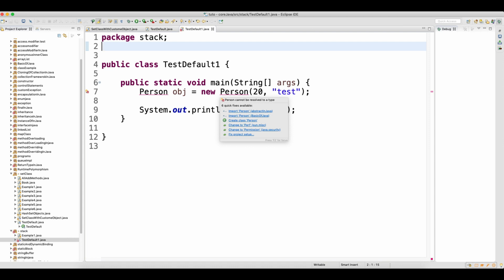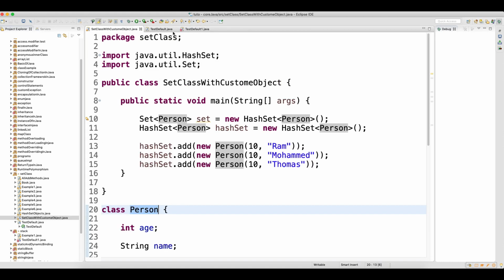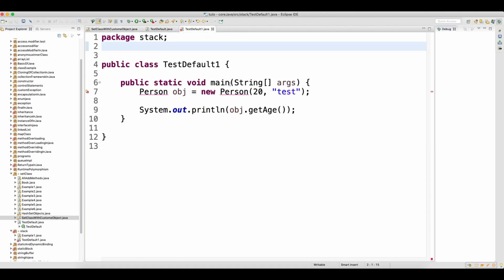Now the problem is, we have this Person class in the other package also, and originally where this was created, the package name, you can see that setclass is the package where you have this Person class. Now when you go here and place the mouse over the import, you are getting some other package.